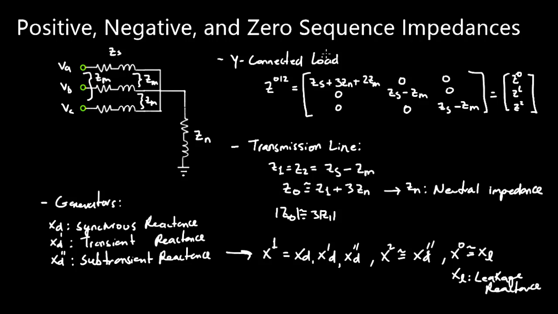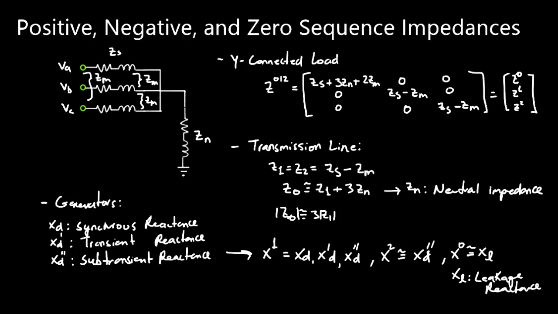So you can see that the sequence impedances depend on the type of equipment that you're looking at. If you're looking at a Y-connected load, you would get this. If you're looking at a transmission line, you would get this. And if you're looking at a generator, you would get this. But usually when you do an analysis of a power system during faults, you won't be calculating the impedances yourself. You will be given the sequence impedances and then you do your analysis based on that. But I just wanted to point out where they come from and the fact that they're different between different types